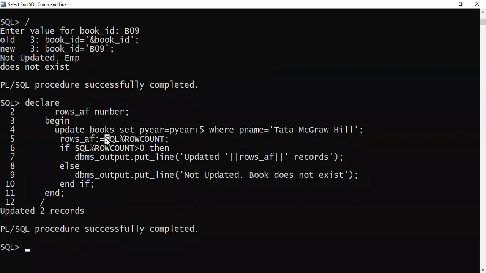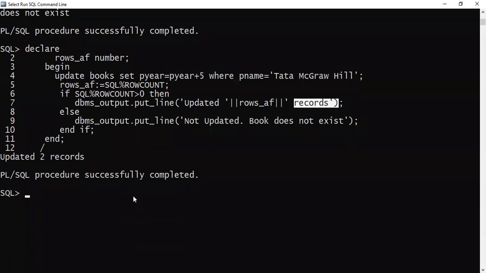That 2 value has come from this particular attribute called row count. It has got stored in my variable called rows_affected, and then it has shown me 'Updated 2 records'.